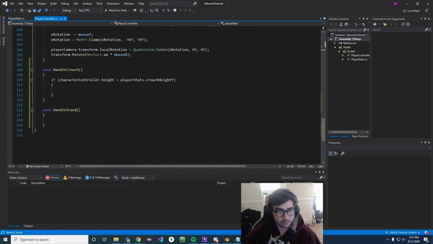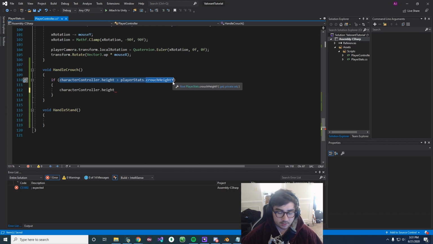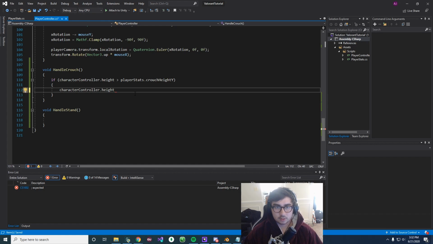Alright. So let's go back to our player controller, go back down to handle crouch, and let's start working on the functionality. So I'm going to do this character controller dot height. So we're checking if we are standing right now, or if we're anything greater than crouching, right? Like we're in a transition, right? So we want to make the transition smooth, so we'll lerp it.